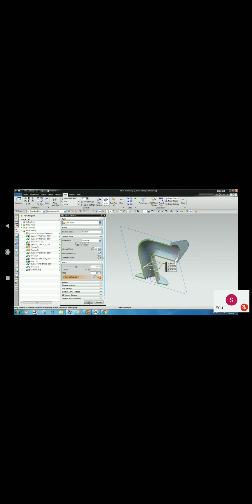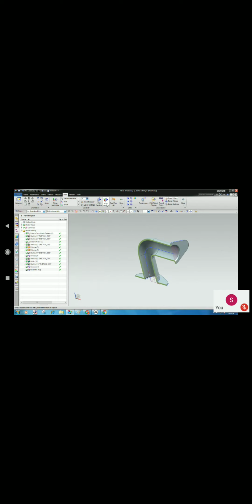Okay. Accept this. And if you want to turn off these sections, then clip section will be off. If you turn on the section, click on this. If you want to modify the section offset, then use the edit option. If you want to check sections only, then select this clip section. Otherwise, edit sections you can operate and define the parameters whatever you want to change. Okay, so this is edit work section.